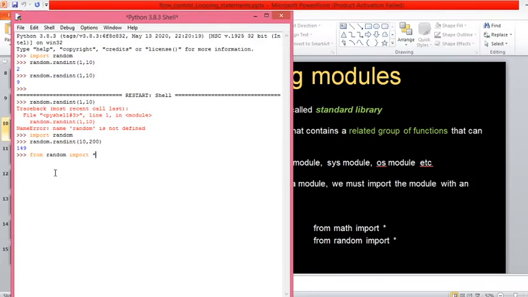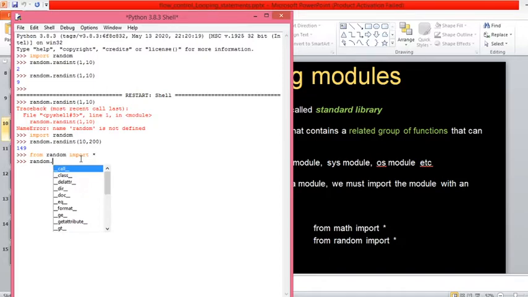I'll show you in later classes. So now again this statement, the from statement, will import all the functions of that random module. Now again, you can call the functions available in the module, but this time you need not prefix random dot. That's the difference between the from keyword and the import keyword.